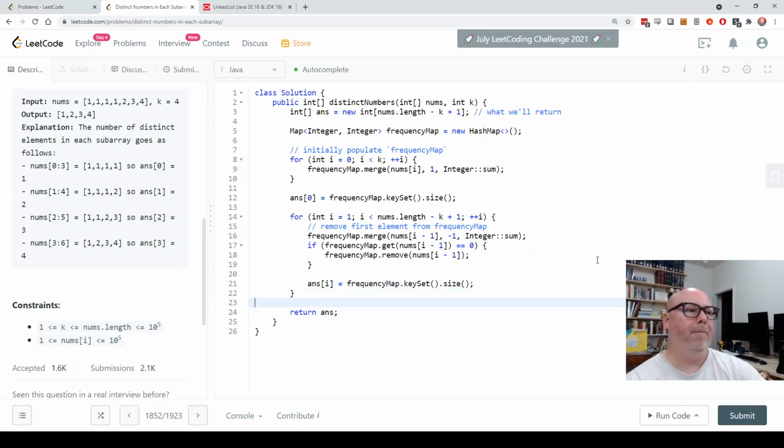All right, let's see what we got. So we got our frequency map thanks to the hint. I usually try not to use the hints, but I was really stuck on this one. Frequency map, and then populate it initially, and then store the first value in ands, and then we run through